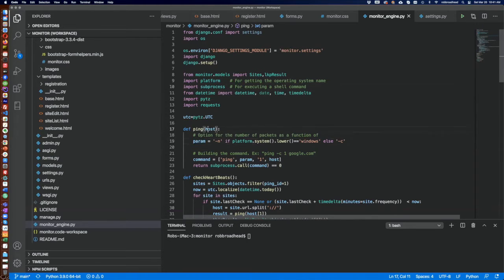And so all we need to do in this case for the ping is actually pretty easy. We're going to send it an address, and then we're going to do either a -C or a -N, depending on whether it is a Windows operating system or not. And then we just build out our command, which is the operating system or shell command. So we do ping, we send a parameter, we send it a value, and then we send it the host name, which, if you do this, would be ping